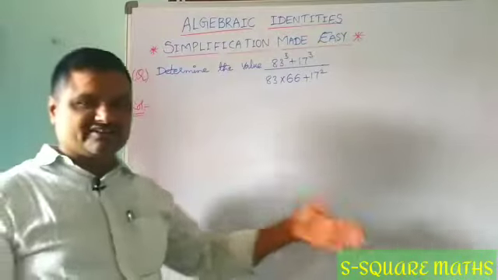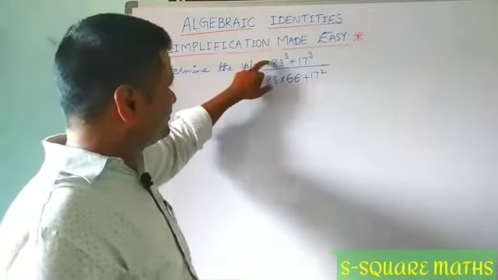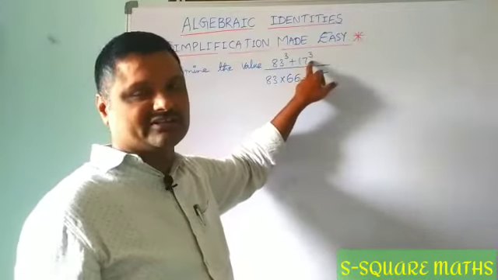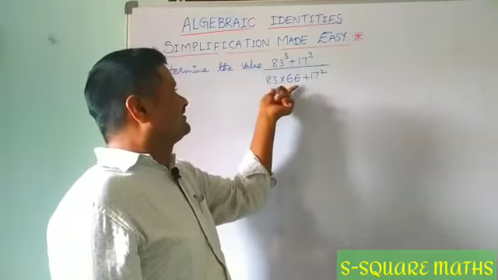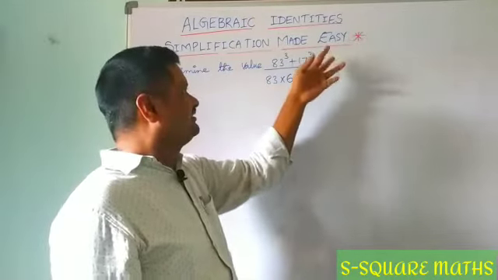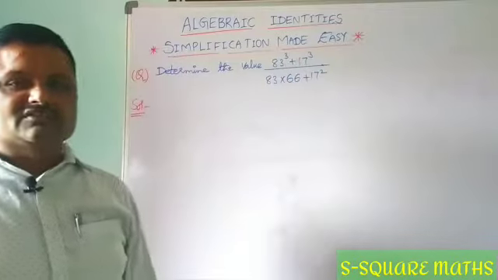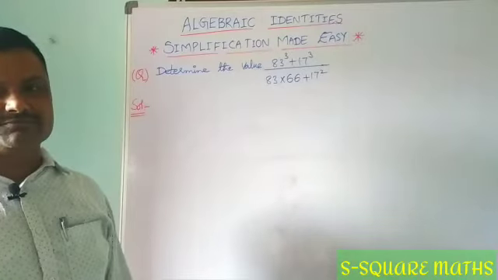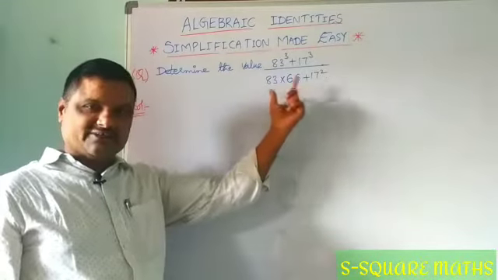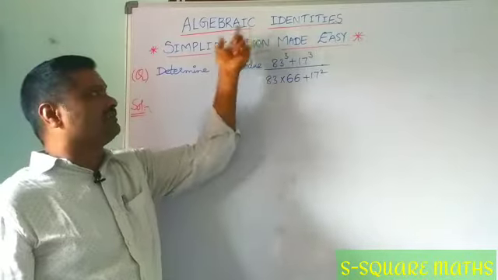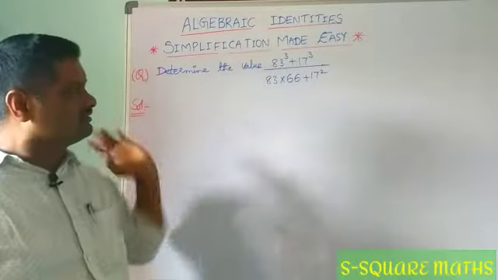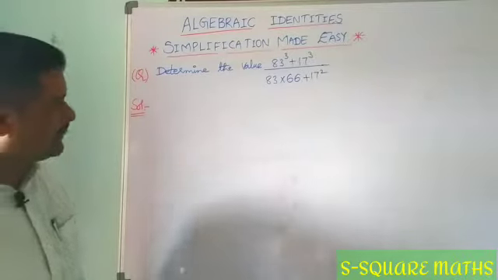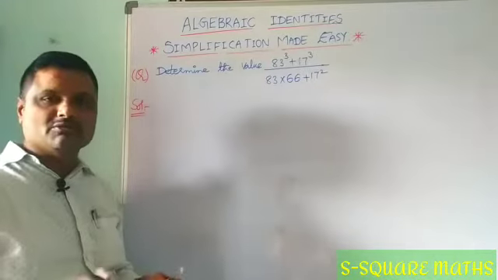Before starting this problem, the beginners of the IIT Foundation students, with their basic knowledge of the regular syllabus, will do 83 cubed as 83 into 83 into 83, and 17 cubed as 17 into 17 into 17. Next they will do the product and 17 squared. So finally that is the answer. In general it takes much time and it is very tedious. So this expression can be evaluated by using algebraic identities without doing the cubes, squares, additions, multiplications, etc. Okay. So let us start our problem, how to proceed.